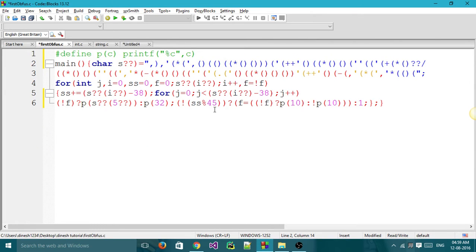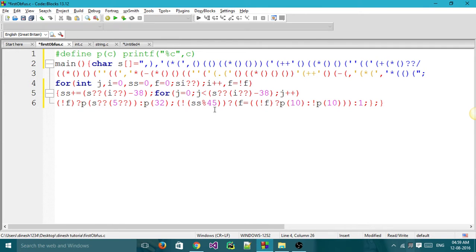So by replacing this with square brace, closing square brace, next where do we find that? Here, closing, and next here.